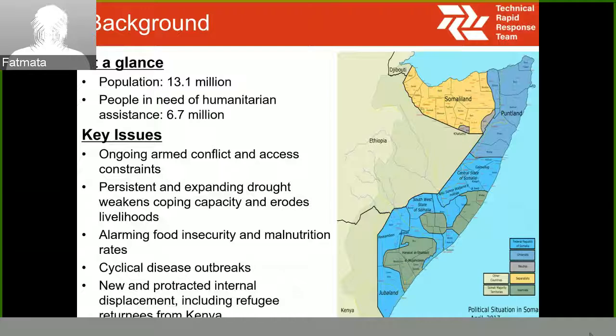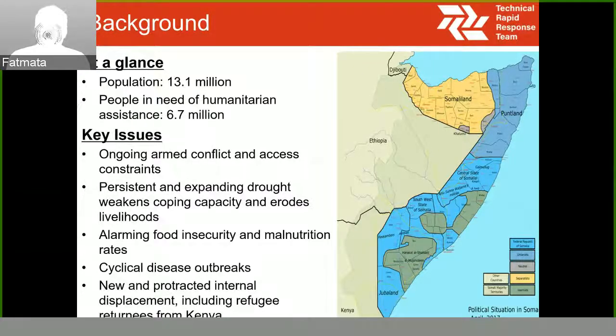Somalia has a population of roughly 13 million, and it is estimated that 6.7 million people are in need of humanitarian assistance, according to our 2017 HRP. Some of the key issues you need to be aware of: the ongoing conflict and access constraints in Somalia, which I am sure is well known by many of you. There is also persistent and expanding drought, which weakens coping capacity and erodes livelihoods.